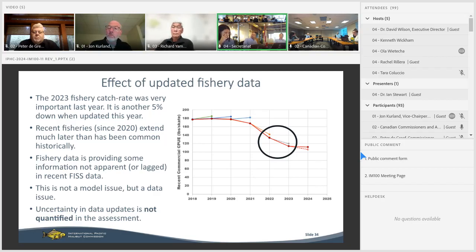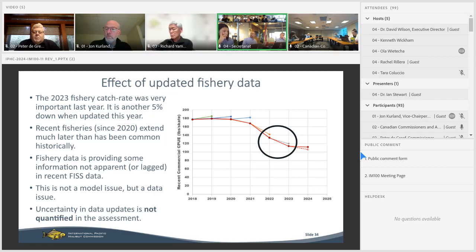Now, the third important piece is that in years past, because of the uncertainty in the fishery data, we've assigned a larger variance to the fishery data in the terminal year, knowing that it's likely to change. But in this case, where it's going downward, this is actually causing a larger effect in the following year. So imagine we had that data point from 2023 last year, but with a bigger variance on it. This year, we have a lower data point and a smaller variance estimate. So the models are forced to fit that data even more closely in 2023. We really have a compounding of a whole bunch of different factors that lead that single data point to be especially influential.